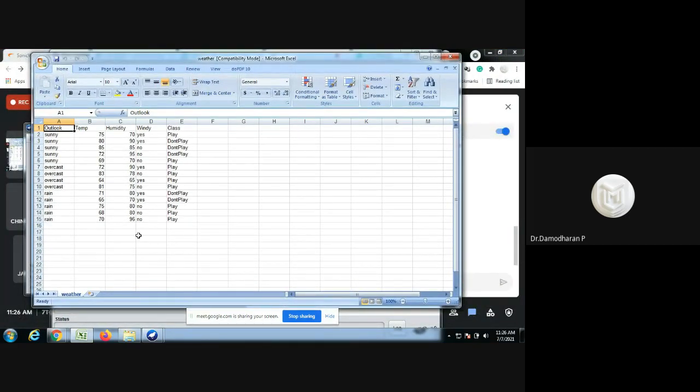You can consider it a very simple data set. There are 5 attributes, or 5 columns.